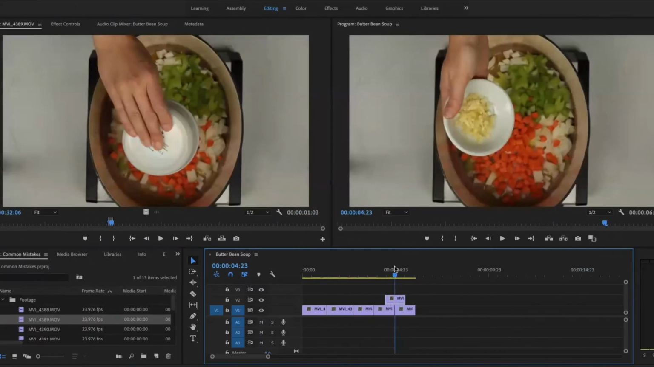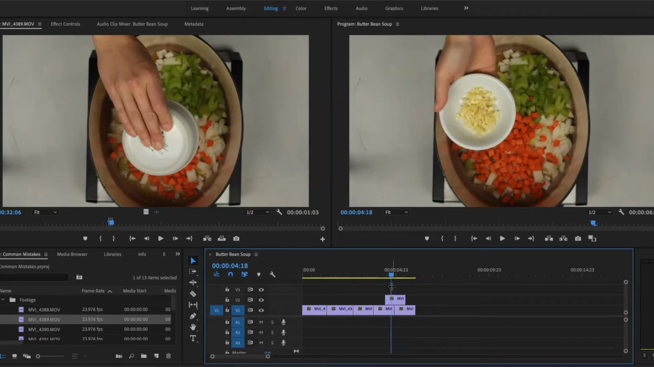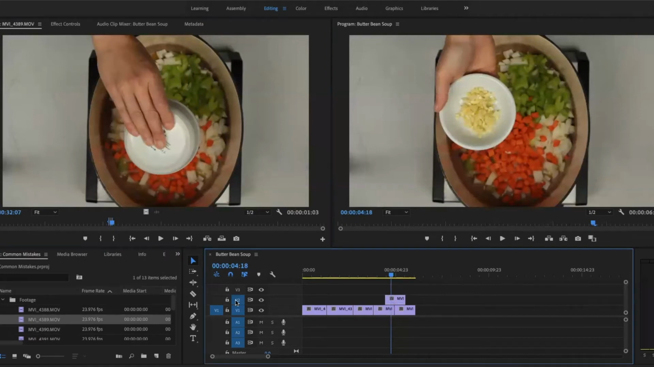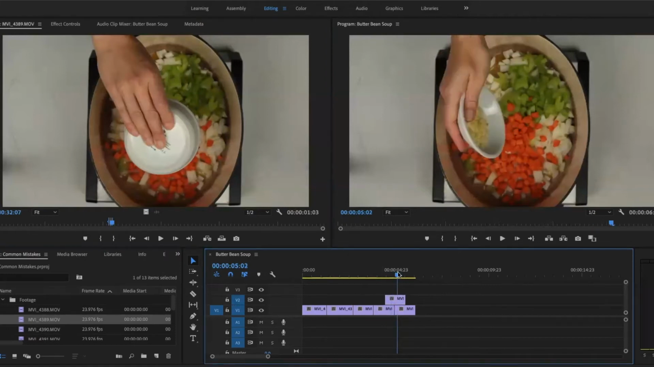This is also useful if you are trying to match a frame in the source monitor and you have clips stacked on top of each other. As you can see, I have no clips selected, but I do have V1 targeted. So if I were to come here where I have 2 clips stacked on top of each other and press F, it is going to search for this V1 targeted track. If I were to target V2 as well,